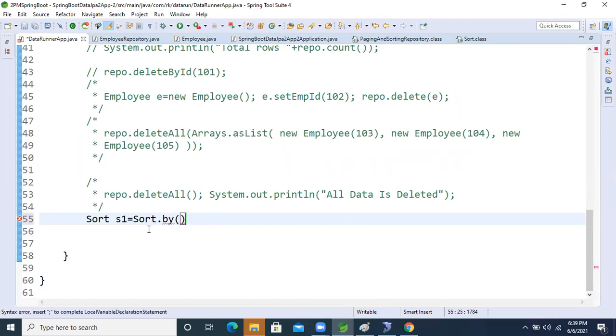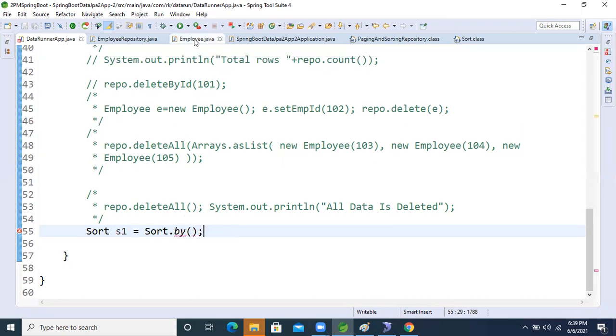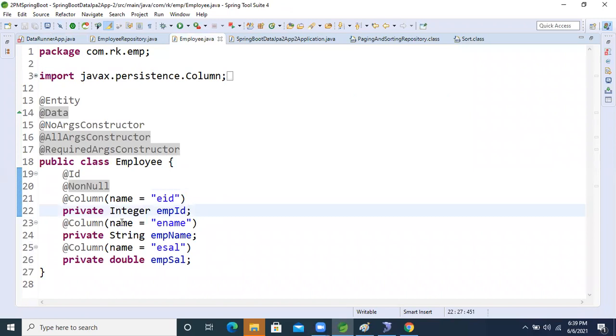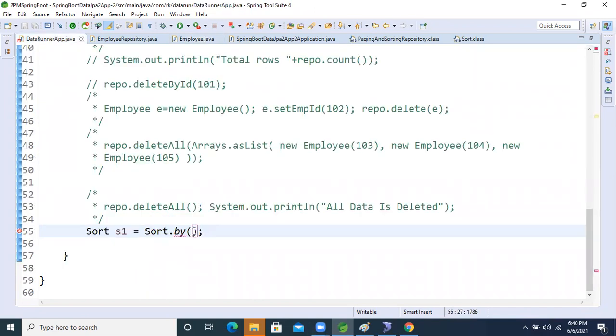Okay, no problem. Inside that, based on which field do we have to sort? We will sort based on the name. Based on the name, we will sort it, so come inside that DataRunner class and just pass it.